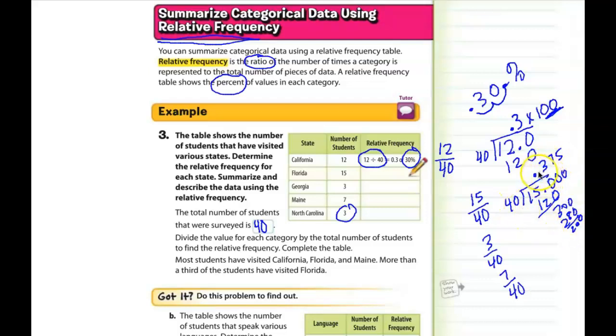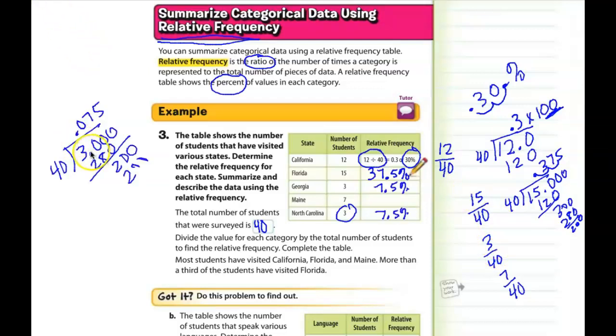So basically, if I were to multiply this times 100, the relative frequency of Florida is going to be 37 and 5/10%. Okay. Now, if I do the same thing with 3 divided by 40 and 7 divided by 40, then we're going to multiply that decimal by 100 to get the percent. So go ahead and tell me what is the relative percent of